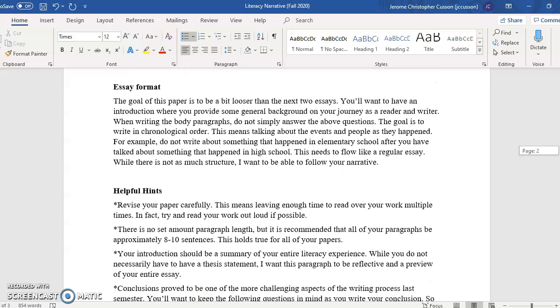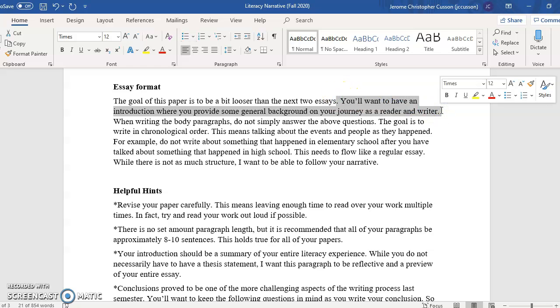So when it comes to these essays, I think one of the things is that everybody has a different approach, because like I said, there are different ways of looking at this essay. The format for this is much looser than the next two essays. This is very important because I think a lot of students tend to mess this up. So don't mess this up, please.